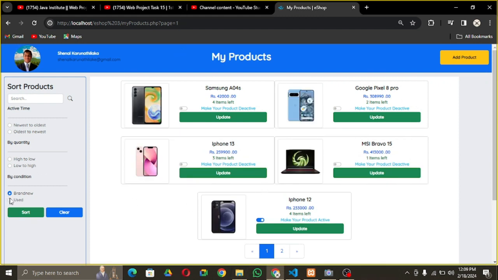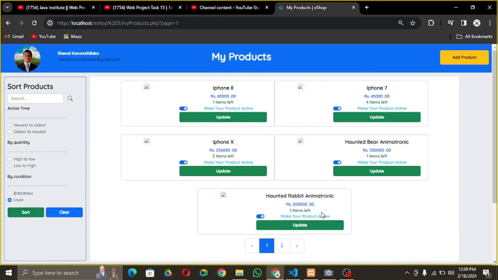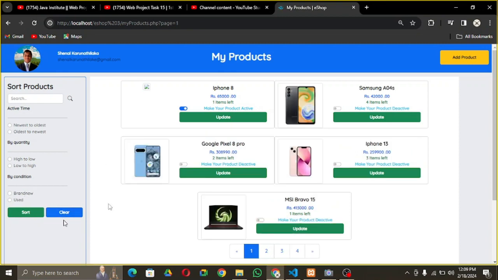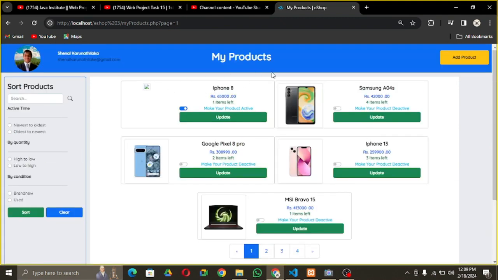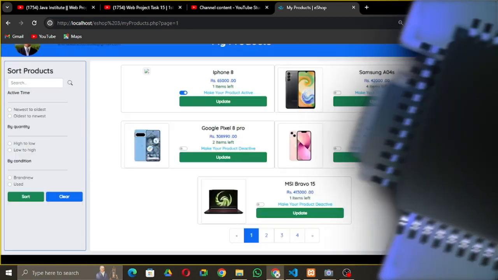Right. So now let's go to the used one right here. And there we have these ones right here. The used products, as you can see, and most of them I deactivated because I didn't really have the images for them. So don't worry about all that. So that's the My Products part in this video. Now that we're done here,